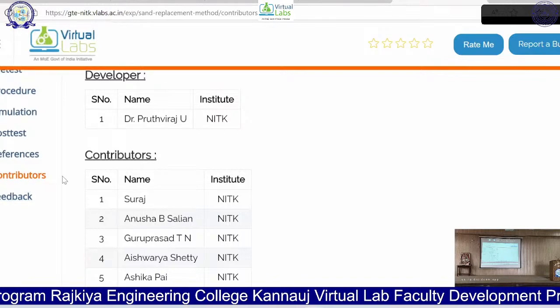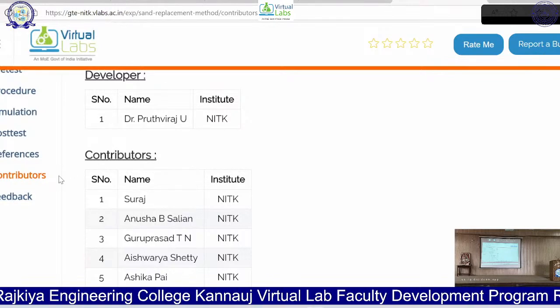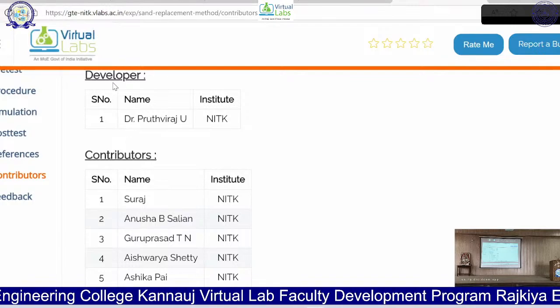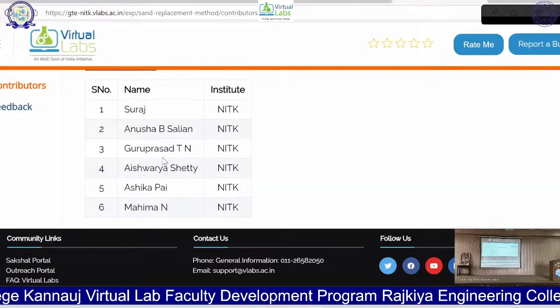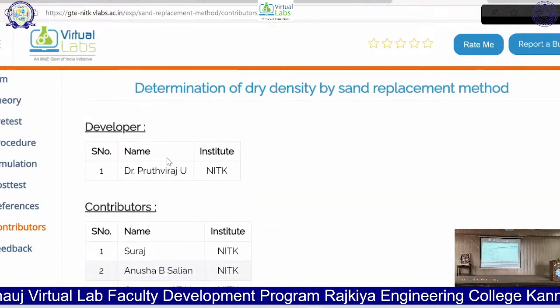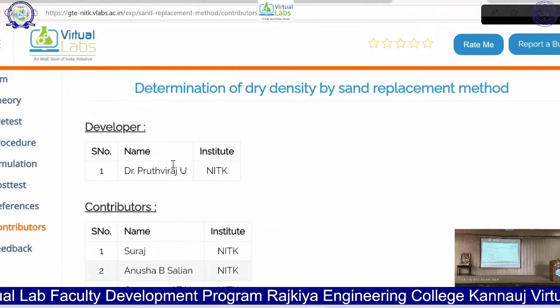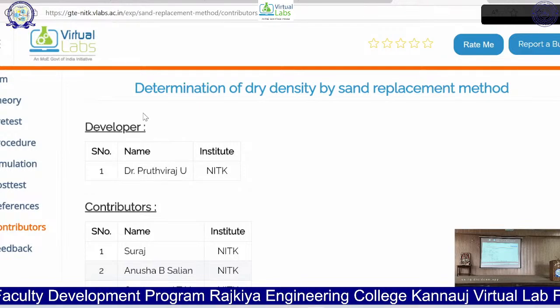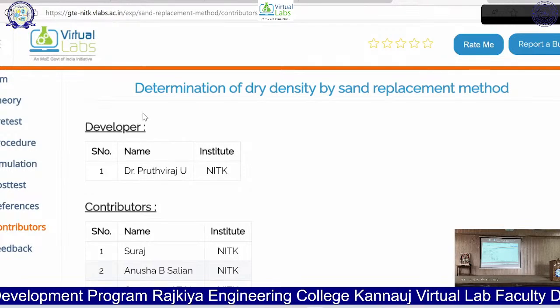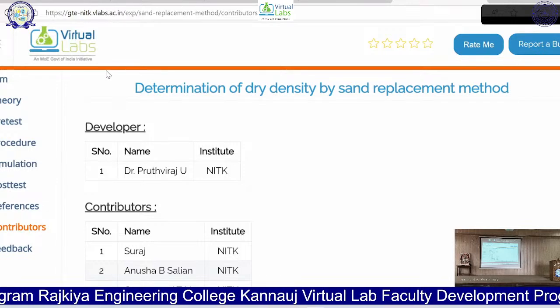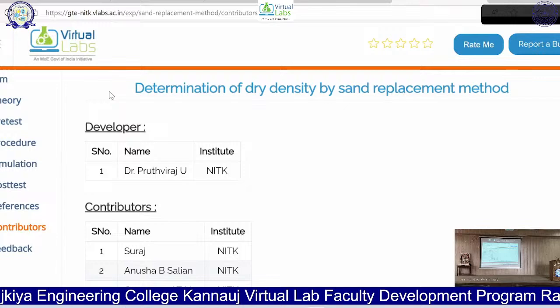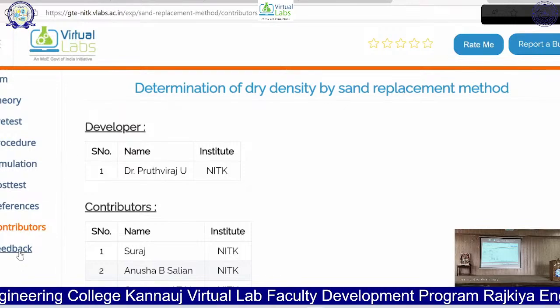Now here you can go to the contributors, where you can get the names of the developers and contributors written. You can also contact the coordinator nodal officers of the virtual lab if you want to develop some sort of virtual lab in the civil engineering domain.